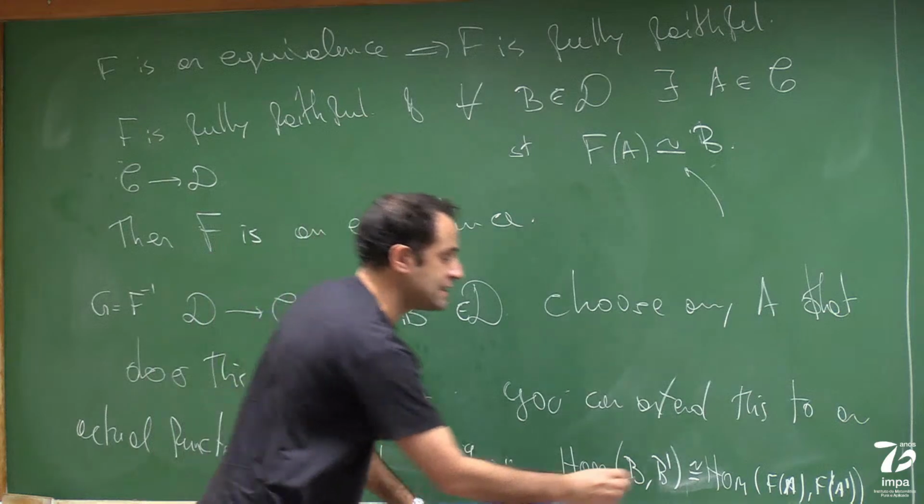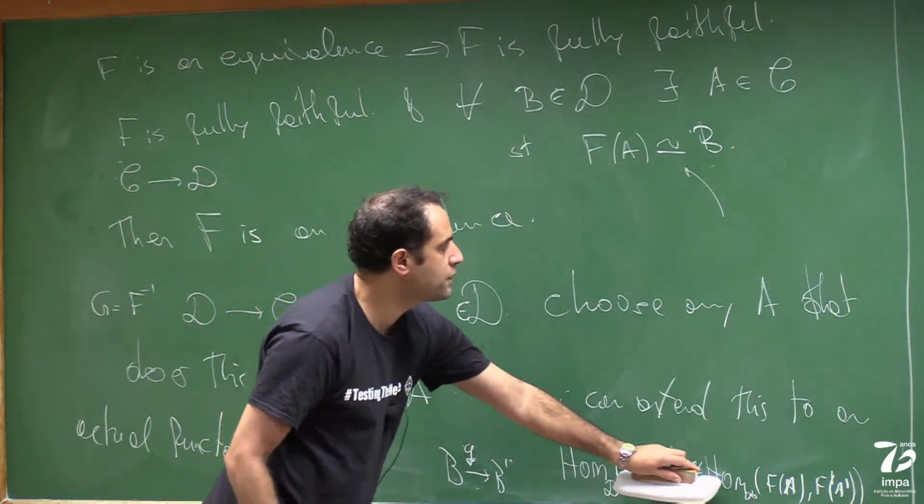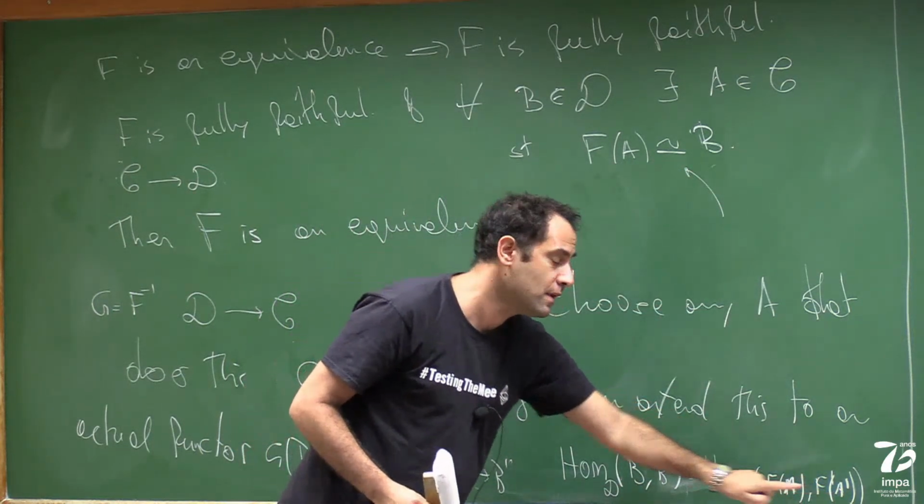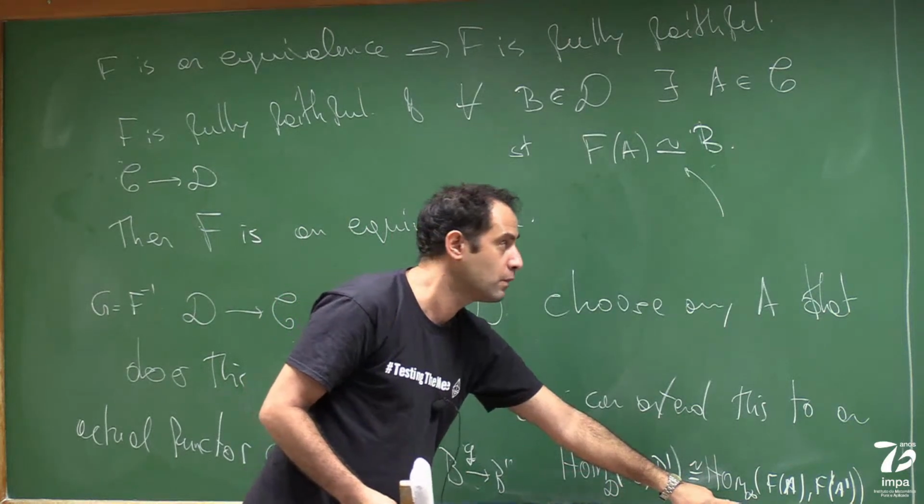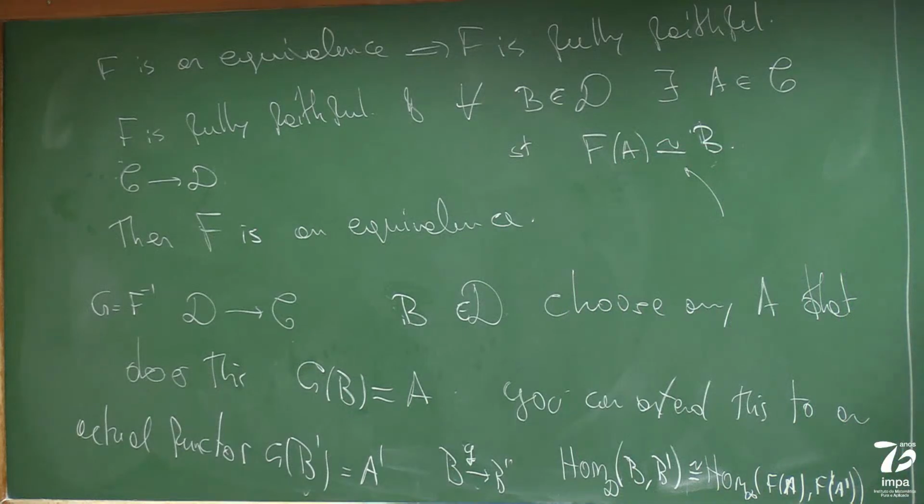This is in the category D still, but f is fully faithful. So here what we used is essentially surjective, to choose A and A prime, and that's how we get this isomorphism. We conjugate by these two isomorphisms that we've chosen. But now since f is fully faithful,